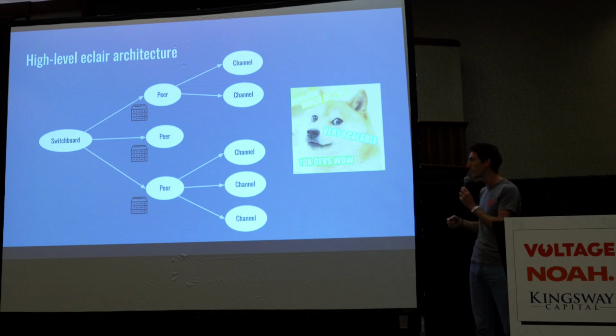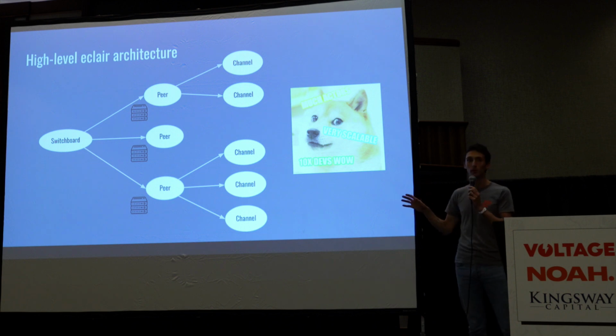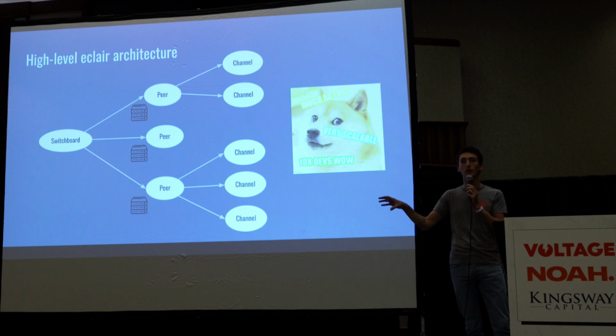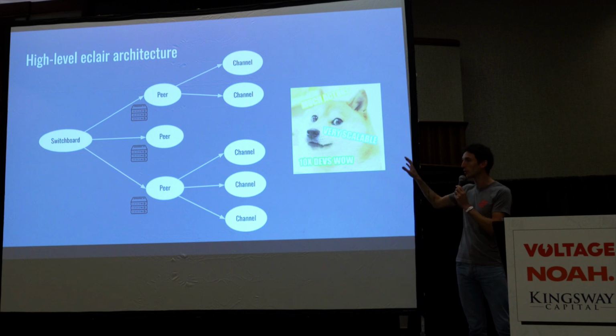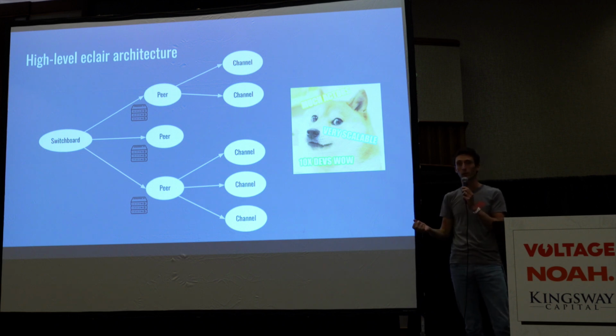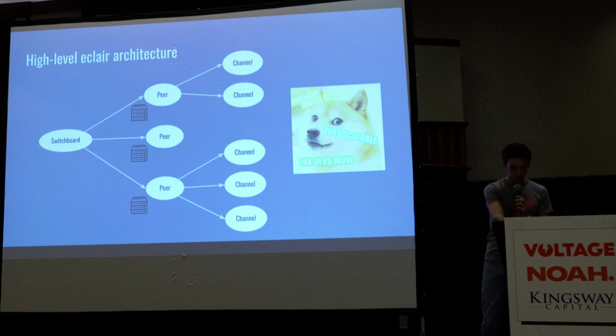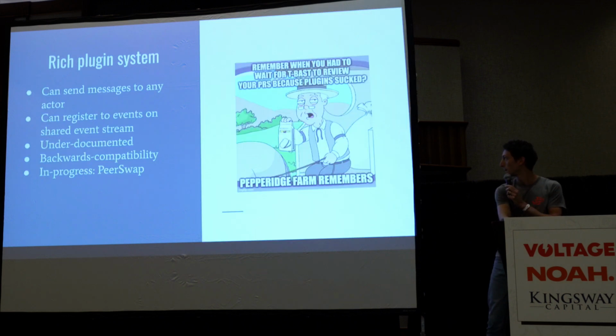And in the long run, we can just split everything on different machines. For example, the pathfinding actor could be on a machine that has a lot of CPU and a lot of RAM. All the channels and peers could be on very slow machines that just need a lot of bandwidth because they are exposed to TCP connections. And if they fail, it's okay. And you can even fail a whole machine and then move the actors to another machine. So this gives us a lot of flexibility in how we deploy a Lightning node.